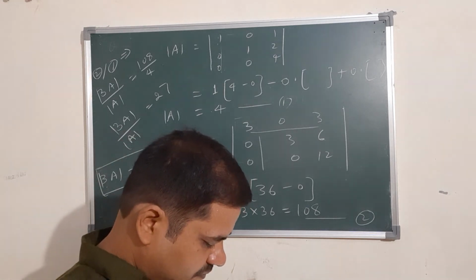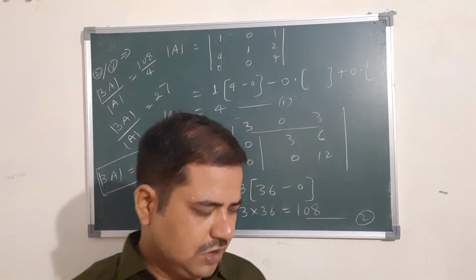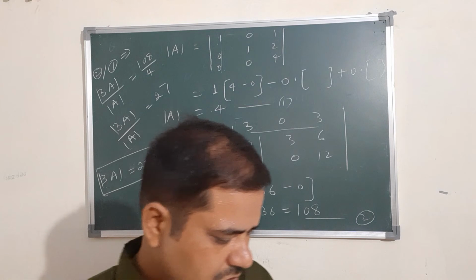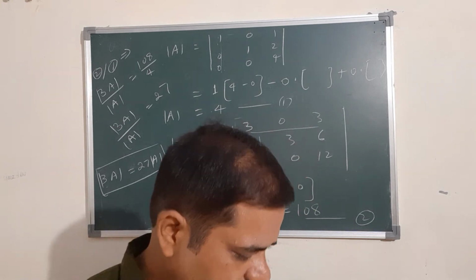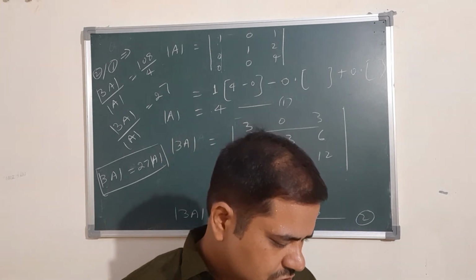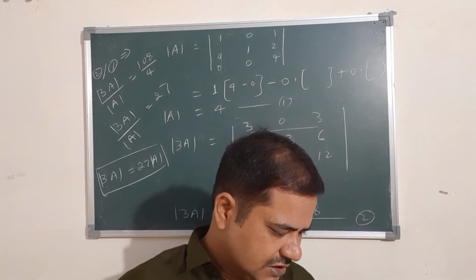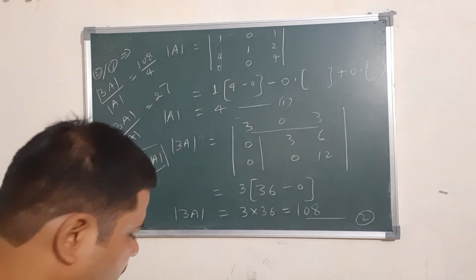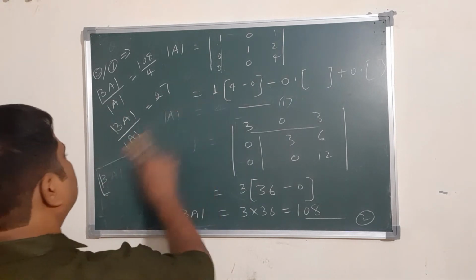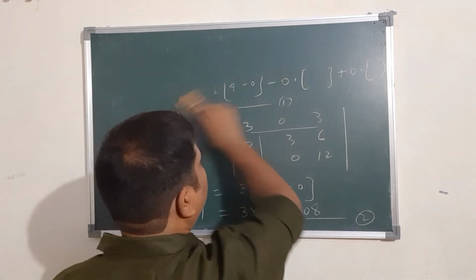Question number 5. Evaluate the determinants. So easily you can evaluate, I hope. Now question number 6. This is also a very easy question, because if a is equal to this, then find determinant of a. Now I am going to move to question number 7 and 8. This is very important. Question number 7 and 8. Find the value of x. Exercise 4.1, question number 7 and 8.